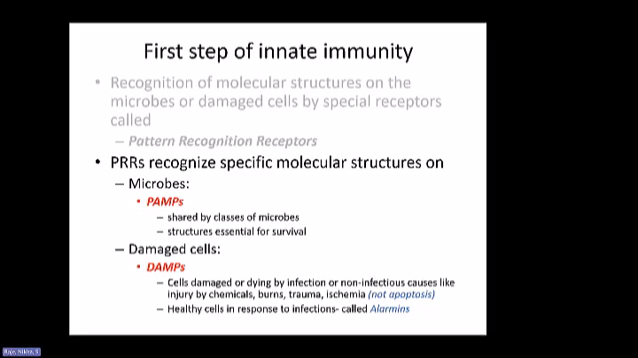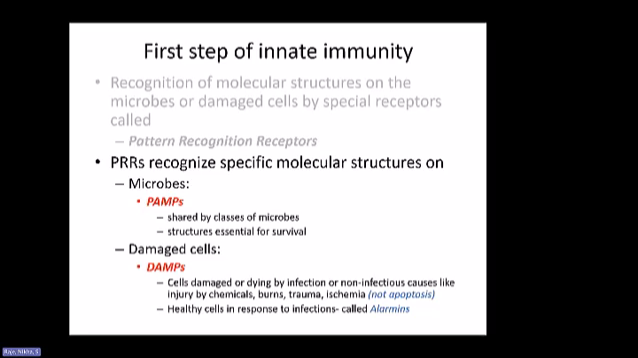So the first step of the innate immune response is to recognize that molecular structure, the PAMPs and the DAMPs. PAMPs are the molecular structures that are shared by various classes of microbes. And these are typically structures that are essential for the survival of these microbes. When the cells are damaged, they produce DAMPs, right? They have these cells that are damaged or are dying due to any reason. They are gonna have these particular structures that can be recognized by pattern recognition receptors, and